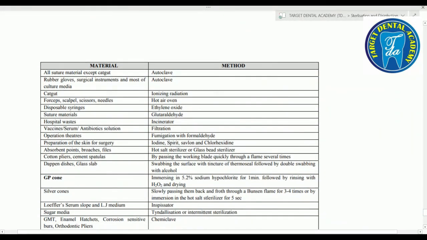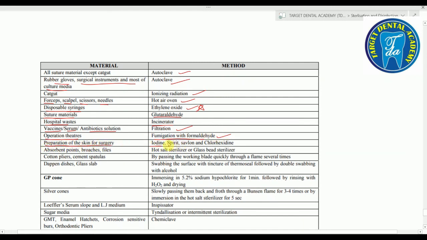Next important points are: all the suture material except the catgut, autoclave; rubber gloves, surgical instrument and most of the culture media by autoclave; catgut by ionizing radiation; forceps, scalpel, scissors and needles by hot air oven; disposable syringes by ethylene oxide. Important. Suture materials by glutaraldehyde, hospital waste by incinerator, which is burning and leaves into ashes, vaccines, serum, antibiotic solution by filtration, operation theaters by fumigation with formaldehyde gas,